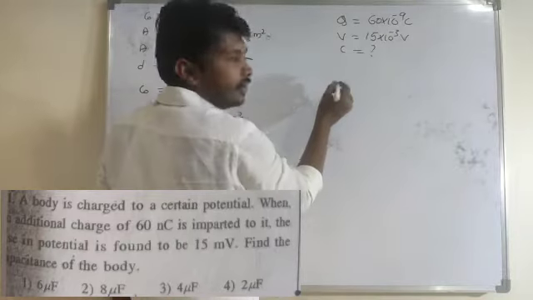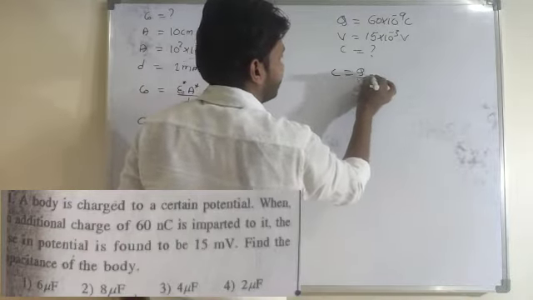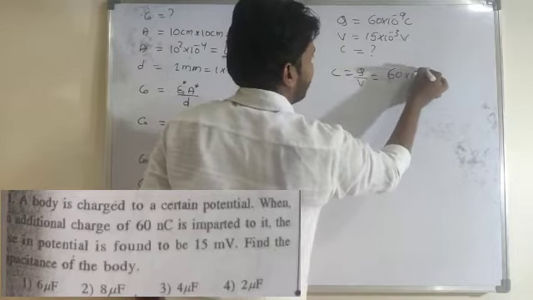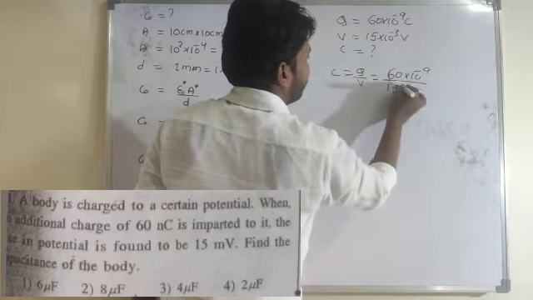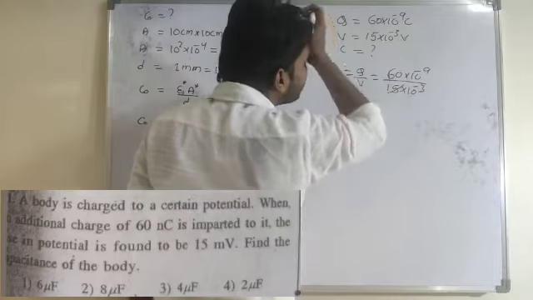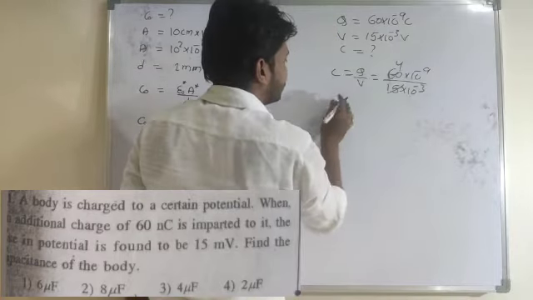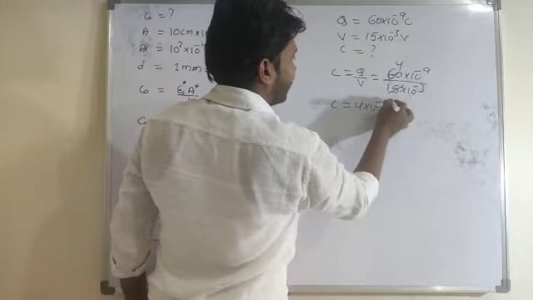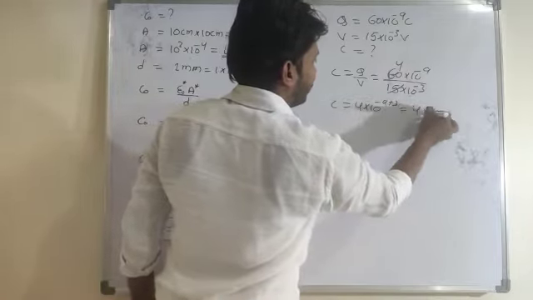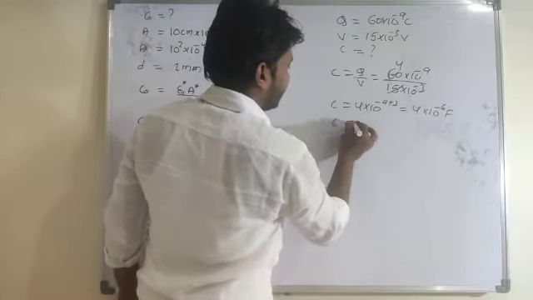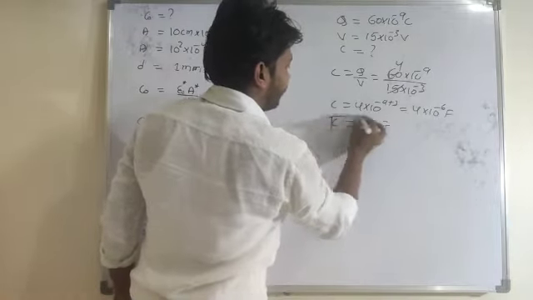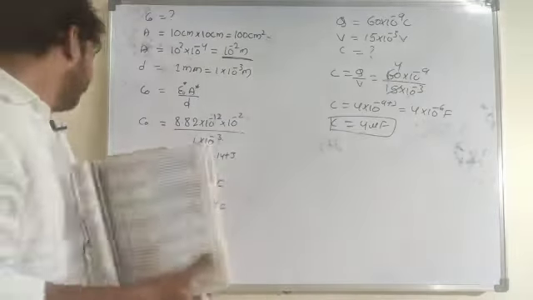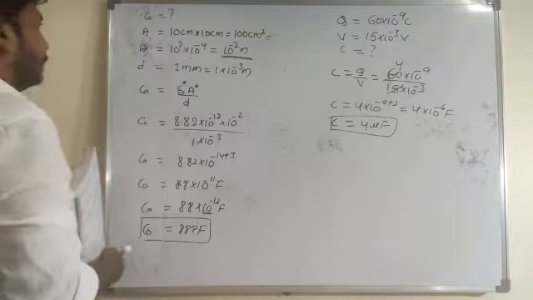So the generalized formula is C is equal to Q by V. That's it. Q is how much? 60 into 10 to the power of minus 9, divided by 15 into 10 to the power of minus 3. So C is equal to what? 4 into 10 to the power of minus 9 plus 3. So that is 4 into 10 to the power of minus 6 farad, or 4 microfarad. What is the answer here? 4 microfarad. So we'll look at the next one. So in case of that capacitance,